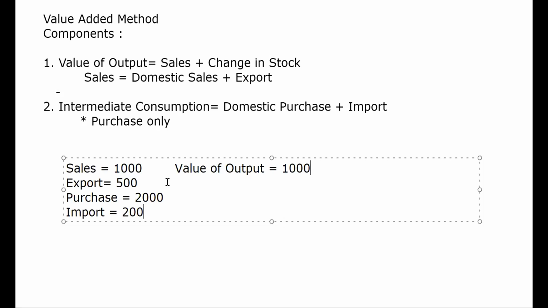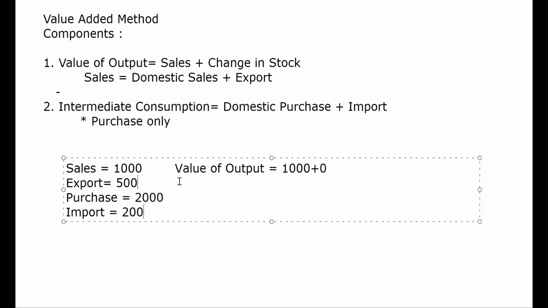Because export is already added in sales. Obviously, because export is already part of the sale, as it is not specifically mentioned that this is the domestic sales. Clear? Change in stock has not been given, so we'll consider change in stock 0 here. Now we come to the next point.